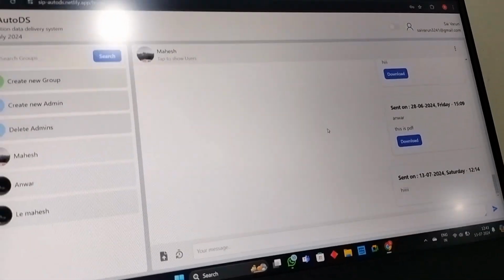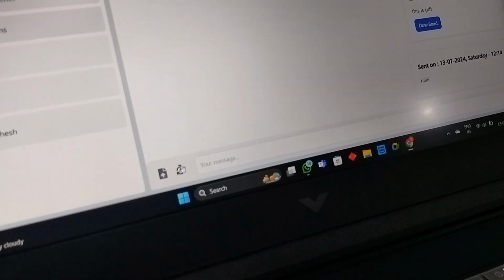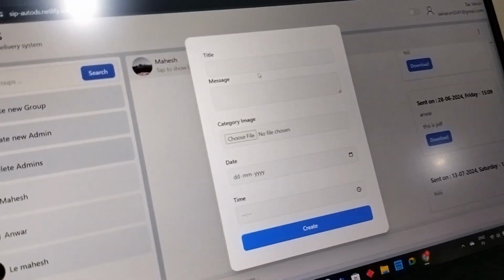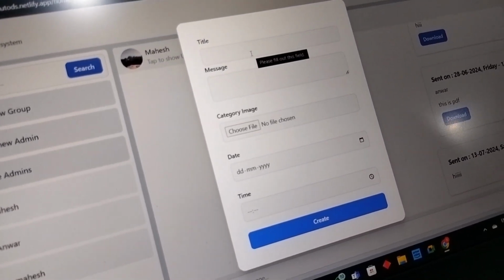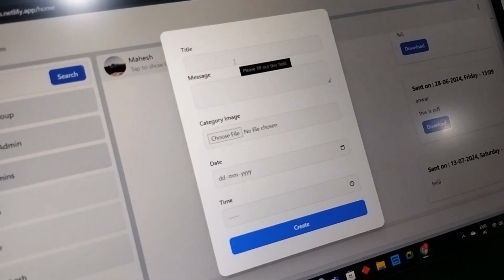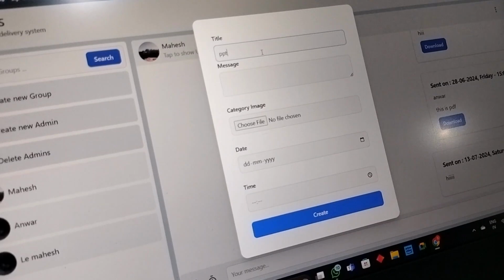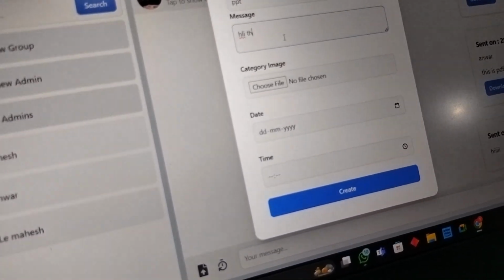Through this we can send normal messages or scheduled messages. You can see the timer symbol here. Let's click on it and open it. You can choose a title and message, or choose any image or any type of file. It may be text, a file, or any other PPT or PDF that you can send. You can see the date here.